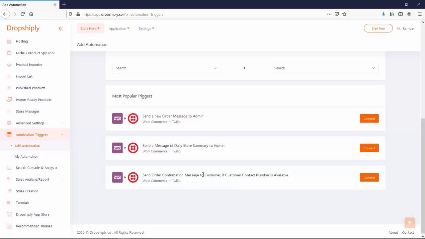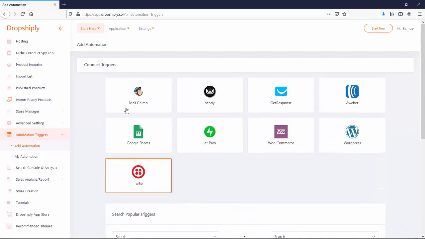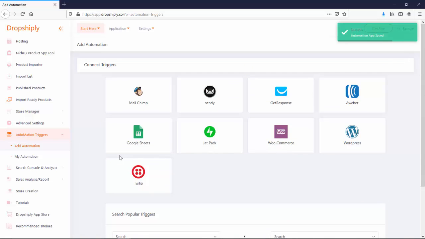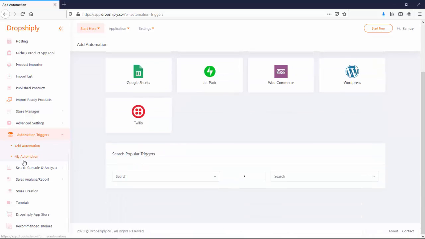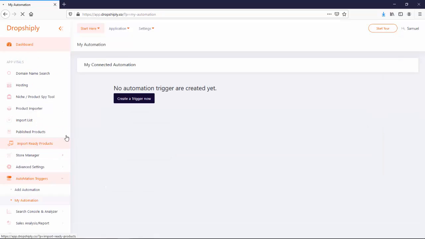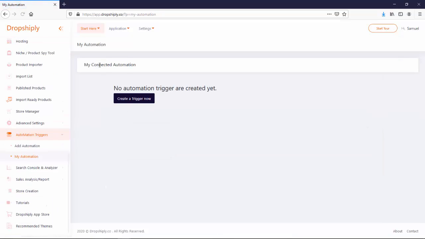So like I said, this is a very cool technology, the automation trigger technology that we built. Completely brand new, completely original, and you definitely want to have this one because it's going to automate your entire business in 5 seconds and literally cut your workload dramatically. Right now we have only 9 triggers here, but we're going to add a ton more in the future. Now moving on, and of course here you can just click here, create a trigger. Now basically this one is to connect